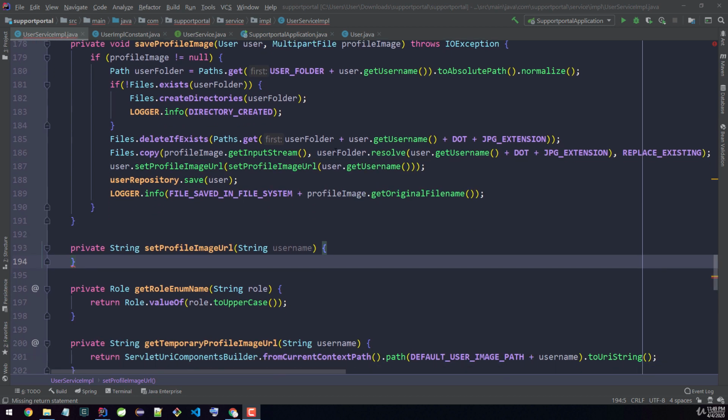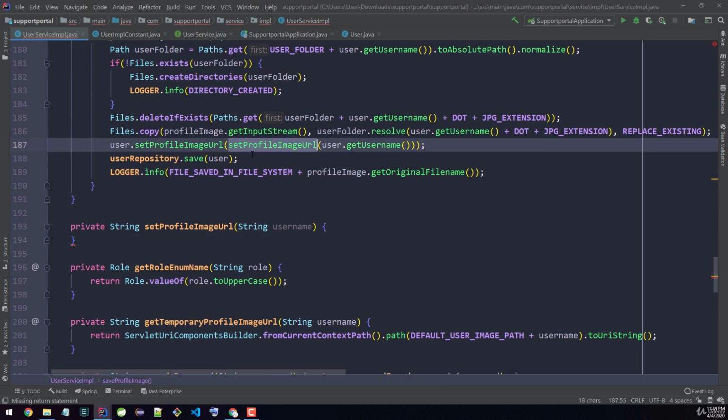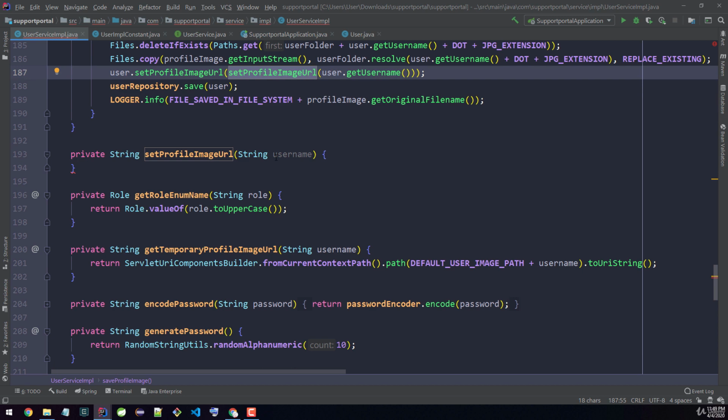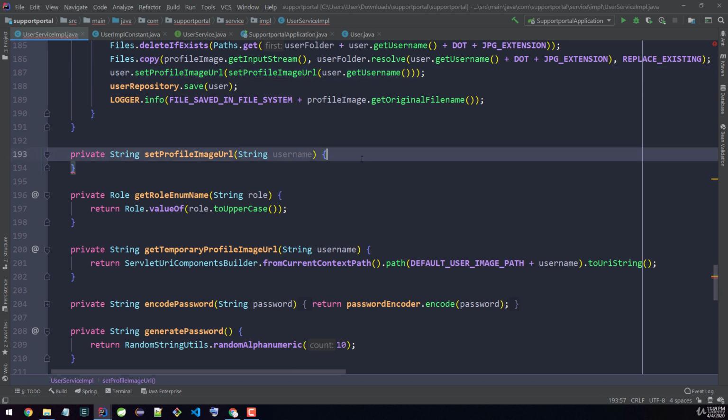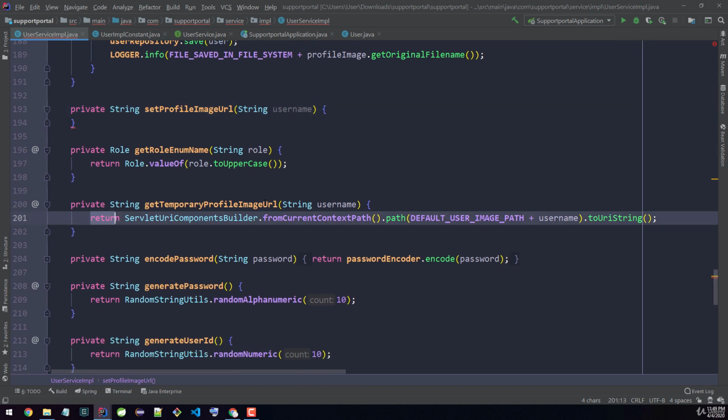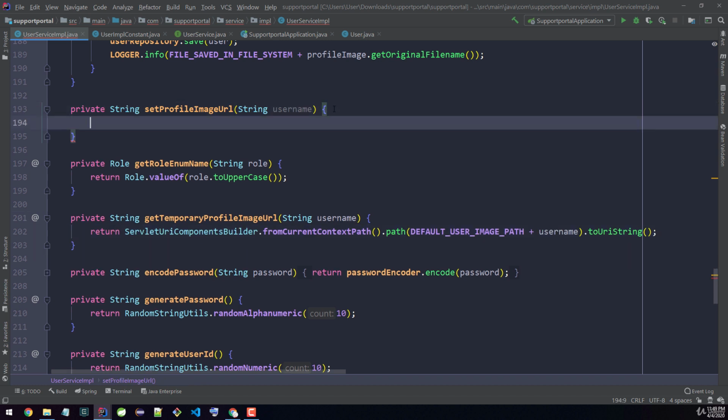Let's implement the profile image URL, which is this right here. So it's gonna do something similar to this. I'm just gonna go ahead and copy this and paste it here. The only difference is instead of the default user image path, this is gonna be the user image path. So it's gonna be user image path, and then we're gonna take in the username, and then we're gonna add